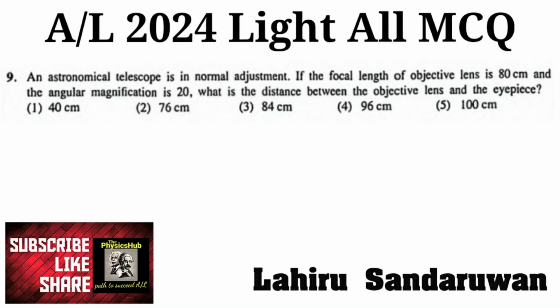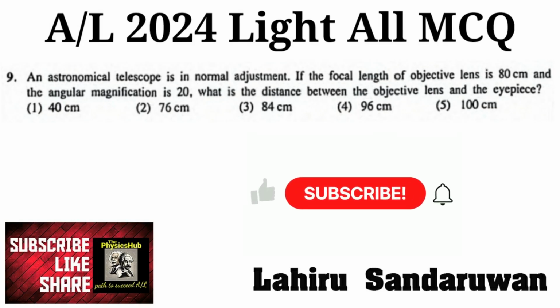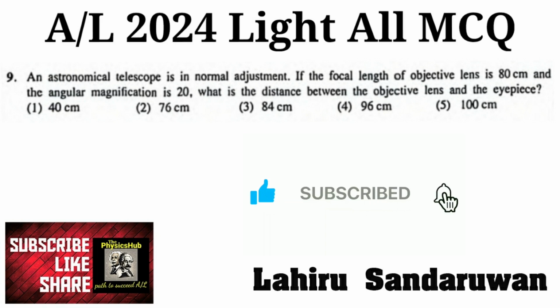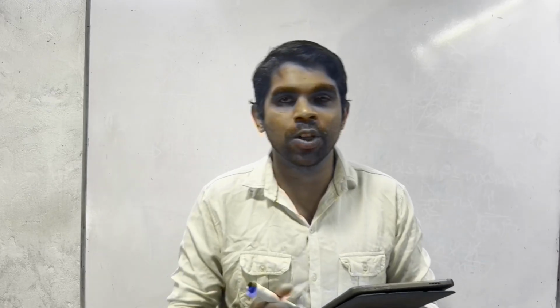Question number 1. An astronomical telescope is in normal adjustment. If the focal length of the objective lens is 80 centimeters and the angular magnification is 20, what is the distance between the objective lens and the eyepiece lens? We know that for the normal adjustment of an astronomical telescope,